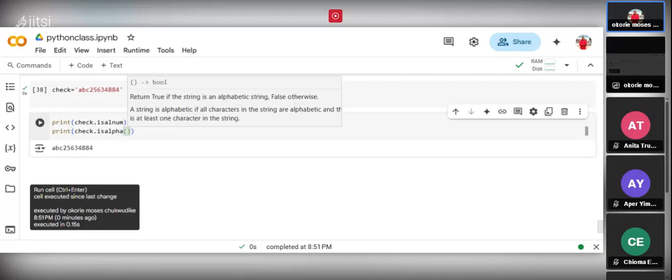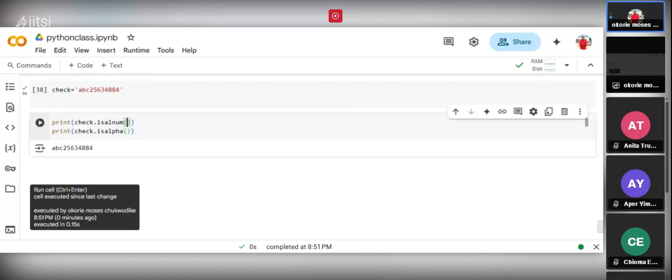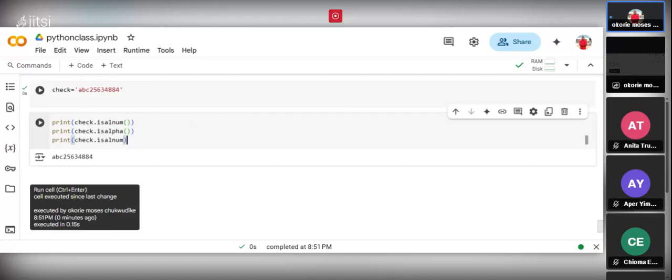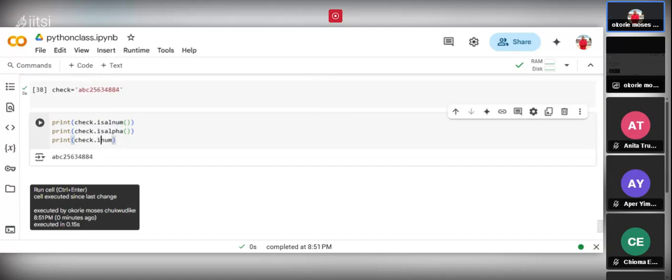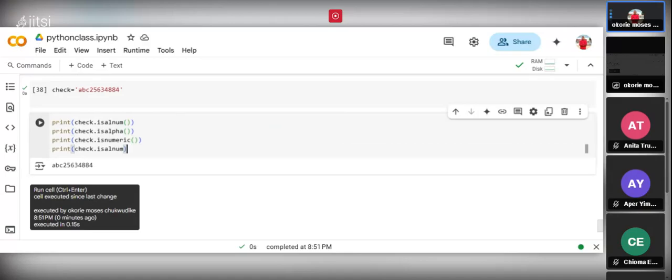We are going to check if it's numeric or alphanumeric. We are going to check for numeric. We are going to check if it's a